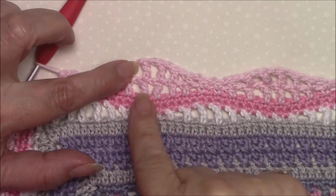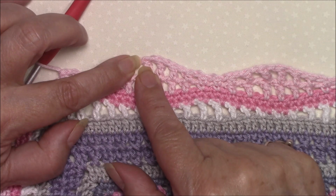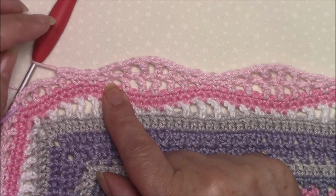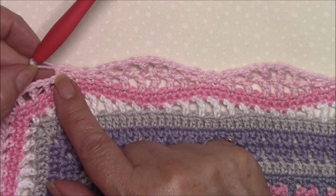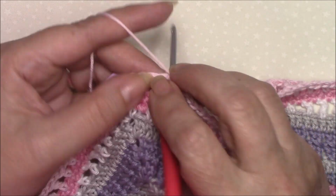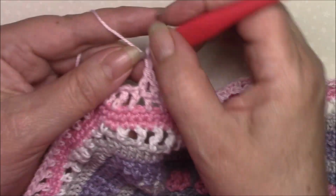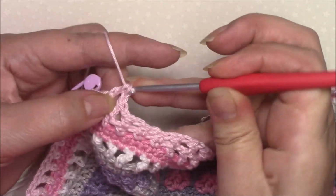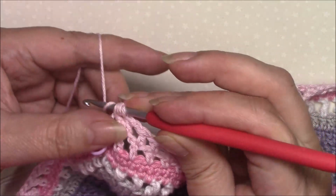Okay, I got a bit carried away. Our 10th repeat ends here with our 2 trebles. You're then going to chain one, double crochet in the double crochet, chain one, half double in the half double, chain one, single in the single twice, chain one, half double in the half double, chain one and double in the double, chain one, and like we did at the beginning, you're going to double crochet into the treble, chain one, and then treble into the double crochet,